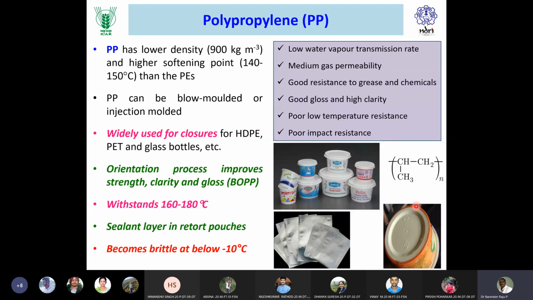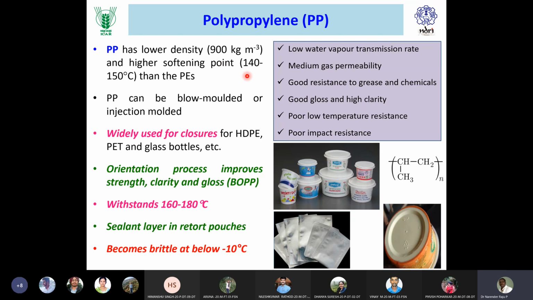The next important polymer that we are going to discuss is polypropylene. The monomer is propylene, as you are aware, and the density of this material is 0.9 gram per centimeter cube. So its density is less than LDPE or HDPE. You remember it is 0.915 to 0.965 for PE, and it is 0.9. And in some of the books, you may also find it as 0.89. So very close to that figure which I've shown on the screen.